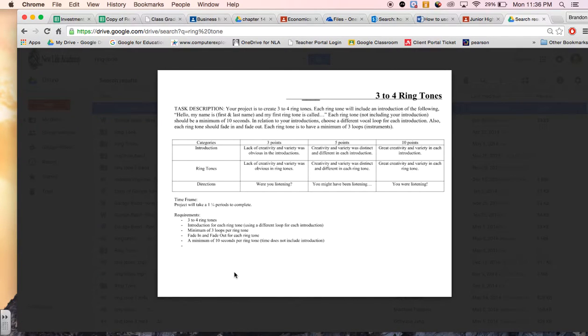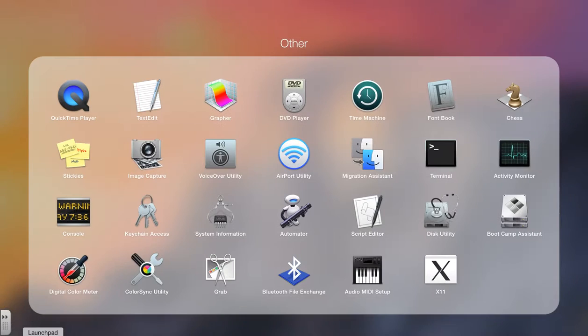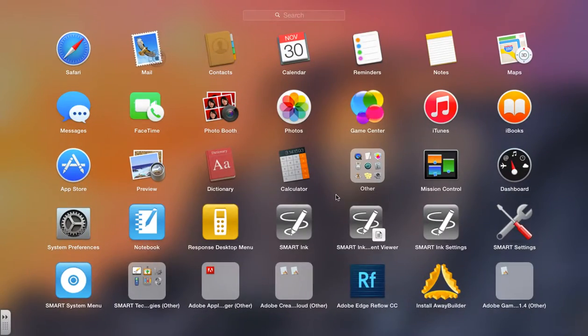In this video, I'll be demonstrating how to use GarageBand. So, first thing you're going to do is go into your Launchpad, and then from there, you're going to locate